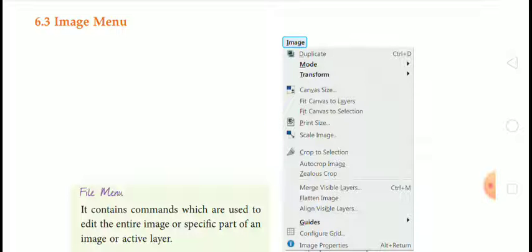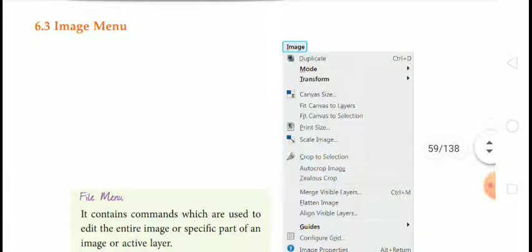If you want to crop a selected part of the picture, you can use the crop to selection option. Then next is auto crop image. If you click on the auto crop image option, then your image will be automatically cropped. These are the different types of crop options available in this menu.